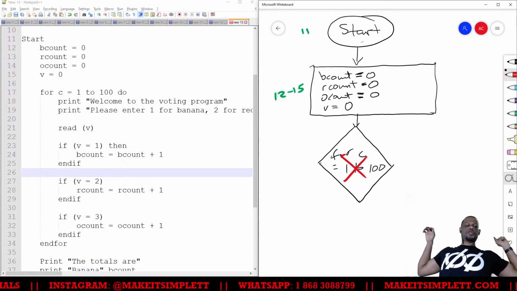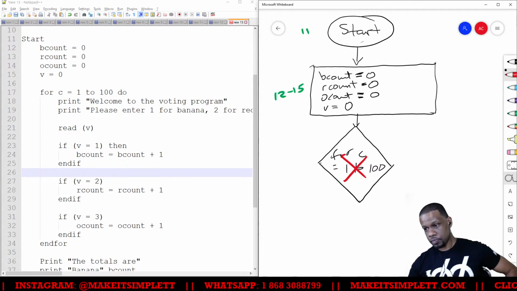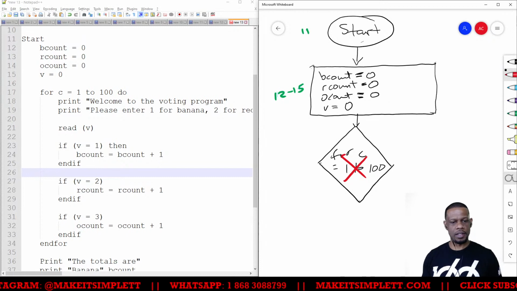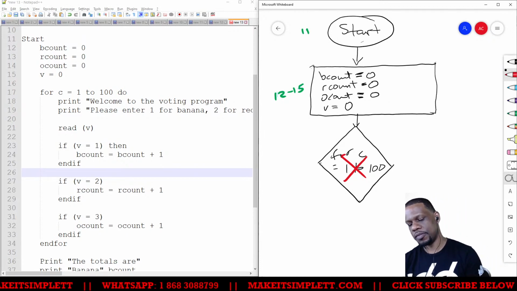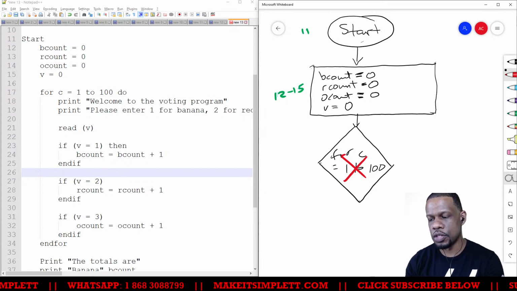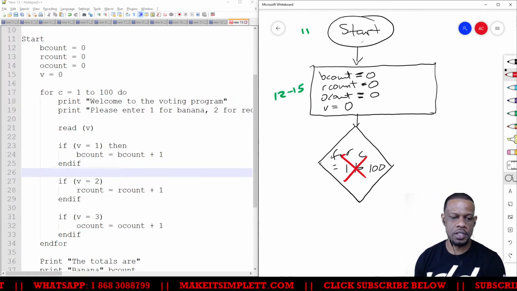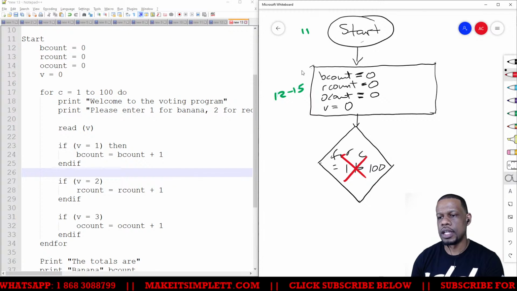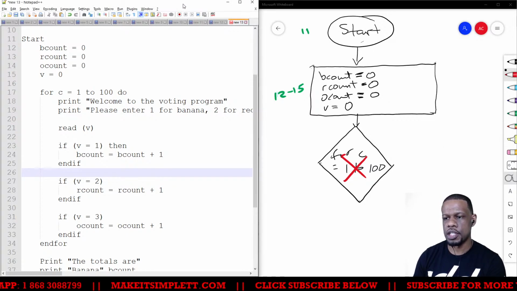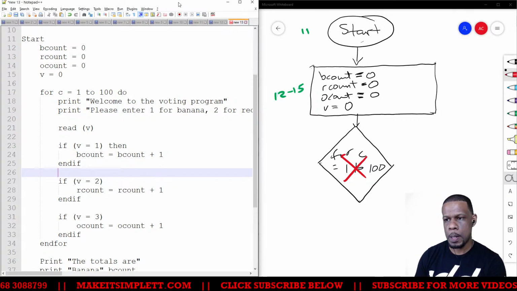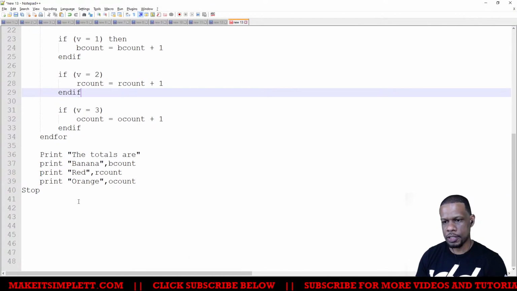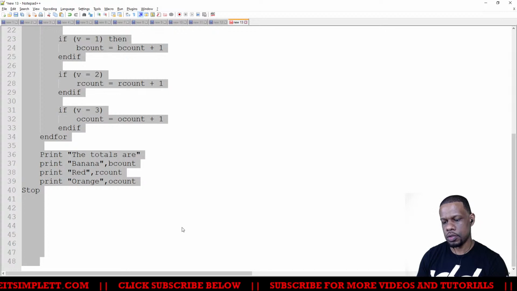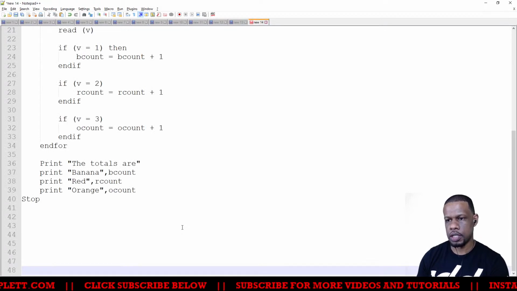Alright, so you can't represent a for loop. In order to represent a for loop, you have to change it to a while. So let's pause on the flowchart there and go back to change this to a while. If I have to change this to a while, let's take the whole code and create a new one, right? Okay.